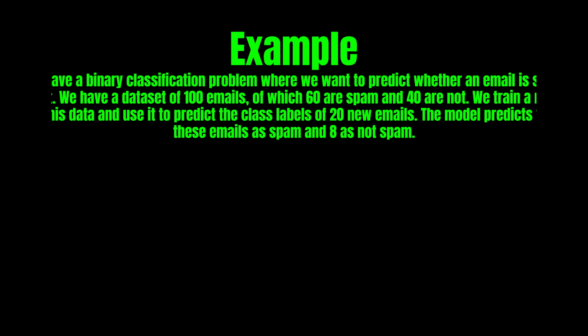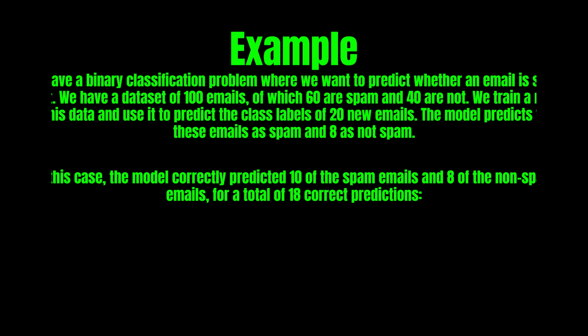To calculate accuracy, we first need to determine the number of correct predictions made by the model. In this case, the model correctly predicted 10 of the spam emails and 8 of the non-spam emails for a total of 18 correct predictions. Therefore, the accuracy of the model is: accuracy equals 18 divided by 20 times 100 equals 90%. This means that the model was able to correctly predict the outcome of 90% of the new emails it was